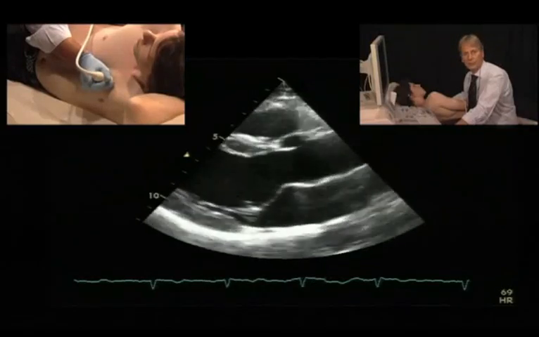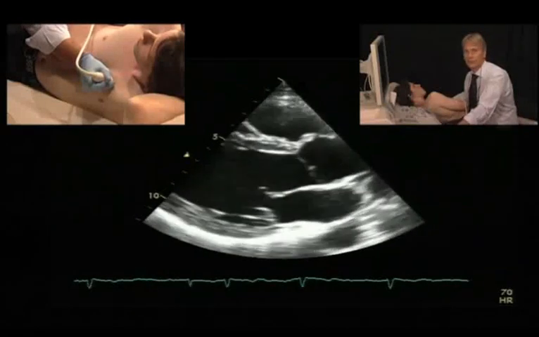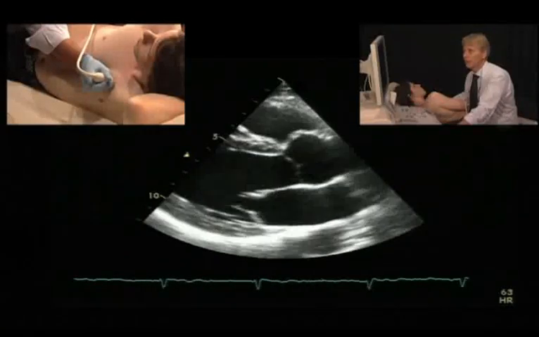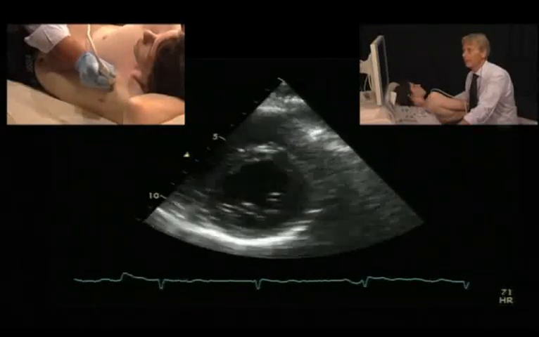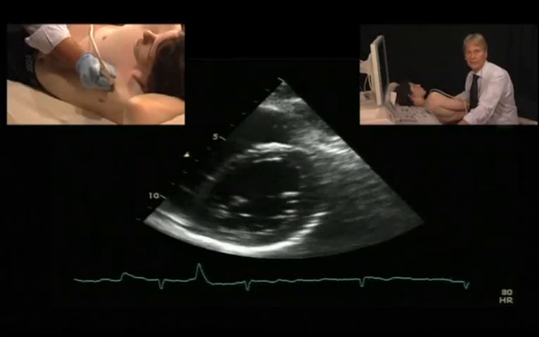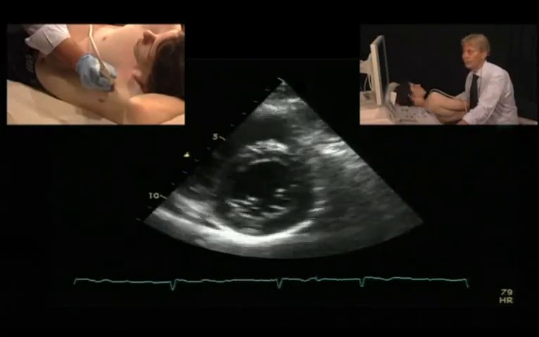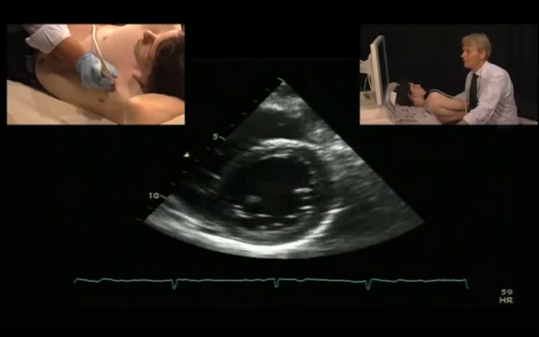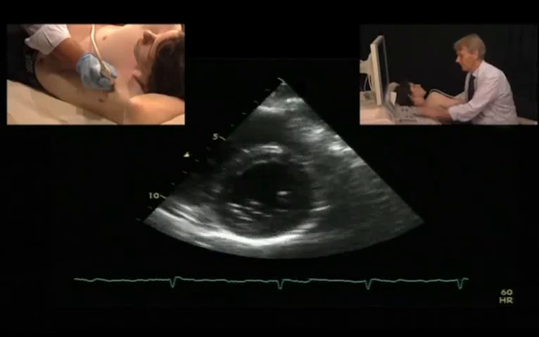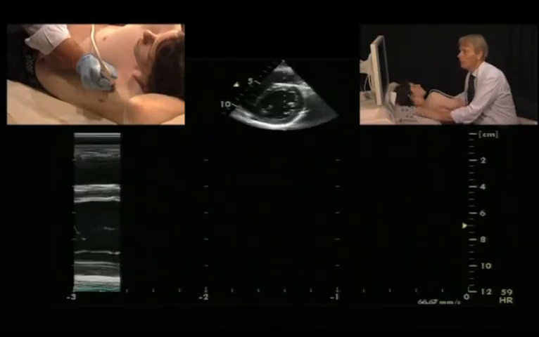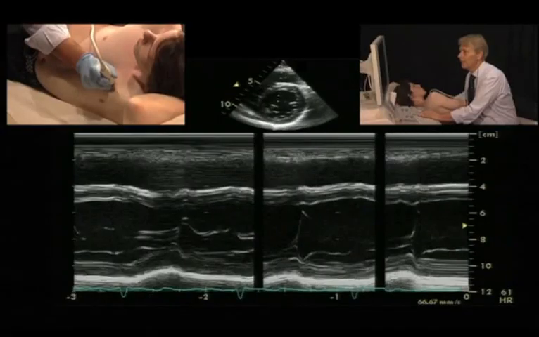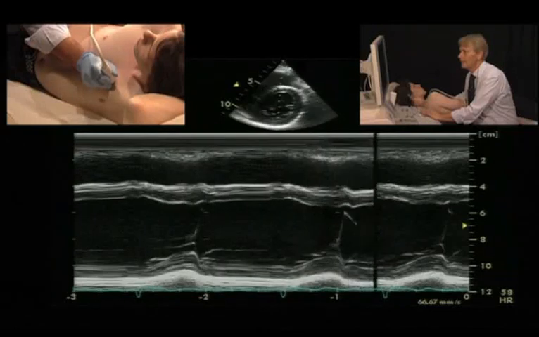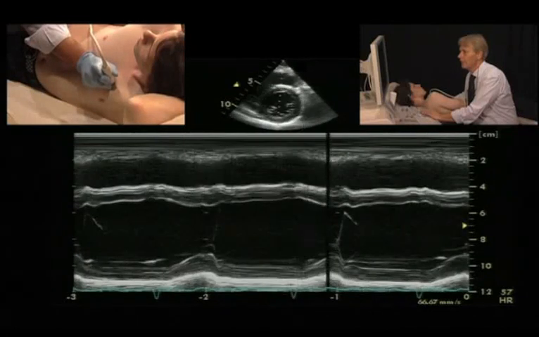To perform an M-mode measurement of the left ventricle, you need a parasternal long or short axis view. You can actually do it from both. I will show you how to do it from the short axis. So the first thing you have to look into is if the ventricle is really round. This is important for the reasons already mentioned. So once you have a nice view of the left ventricle, you will put the M-mode exactly through the middle of the left ventricle and optimize the image so that you have a very good contour,